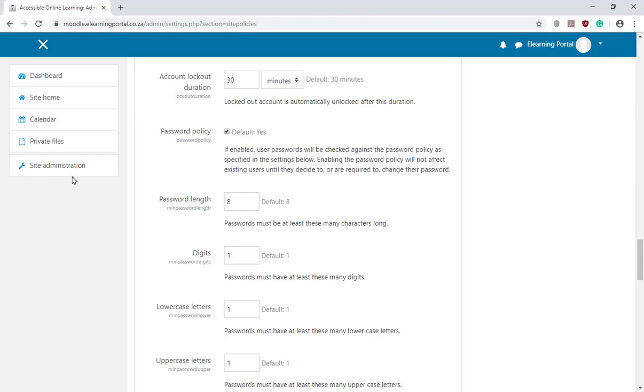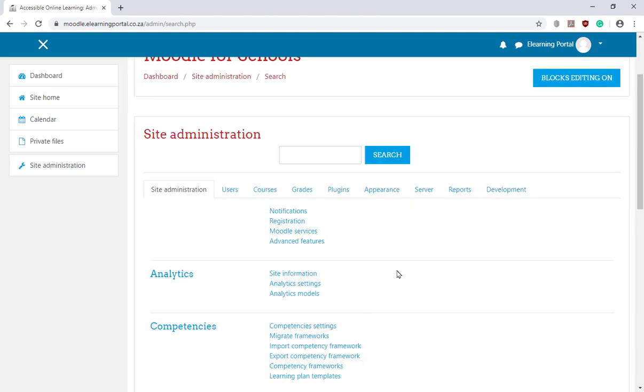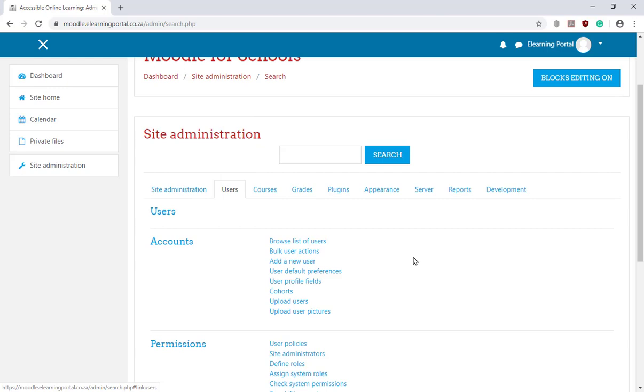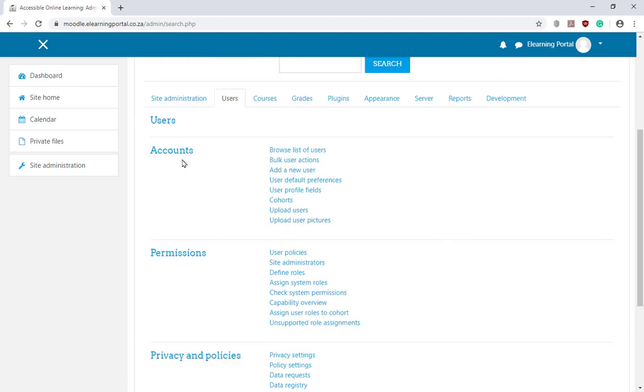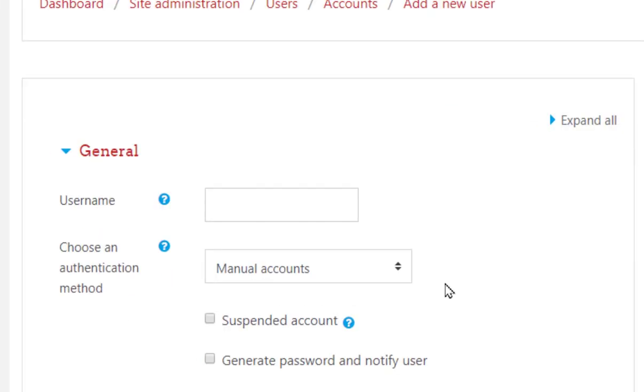Okay, so now let's click on Site Administration. We want to create a new user, so we'll click on Users. And under Accounts, let's click on Add New User. In the Add New User window, we need to complete the following fields. We need to give the user a username,